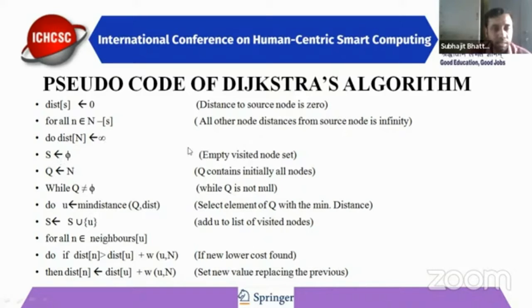Next, we create an empty visited set. That means, apart from the source node, we keep track of all other nodes that have not been visited yet. So S is the empty set and Q initially contains all nodes in the graph. Now, while Q is not empty, until we have visited all the nodes, we run a loop. In that loop you calculate the distance between the 2 points and keep track of it, and if the distance of the neighbor through other nodes, that is, distance of n greater than distance of u plus n,